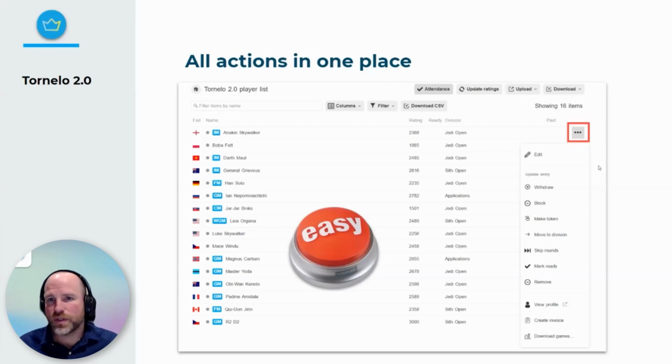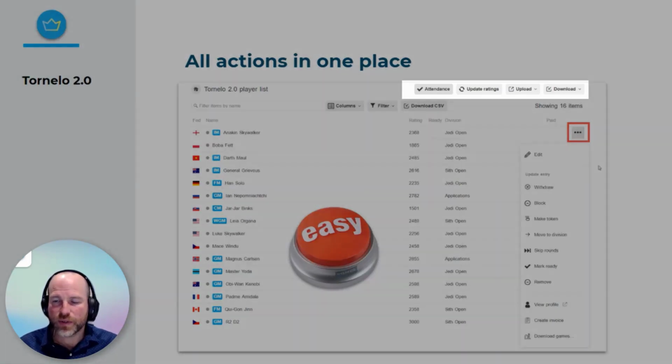When it comes to taking action on a player, you'll see, and this is our player list, we've got a table here with a number of lines for each of the different players. And on the right-hand side here, you'll see an action item. So there are generally 2 places where there are buttons that you can click to do things. The first will be in the top right-hand corner, which will be